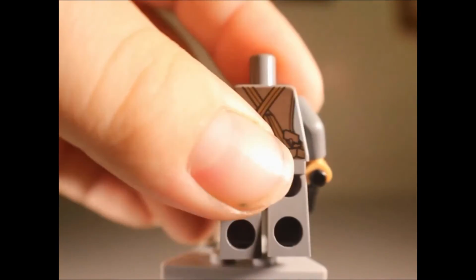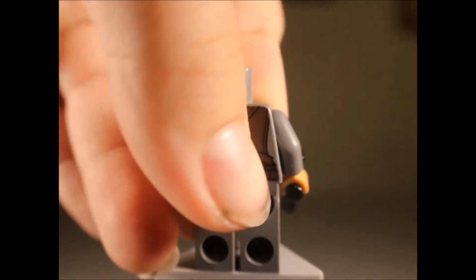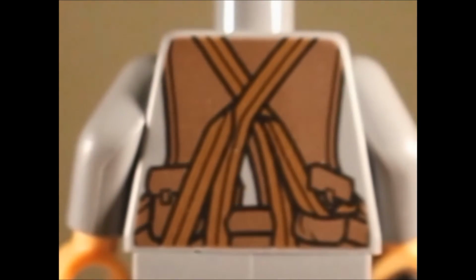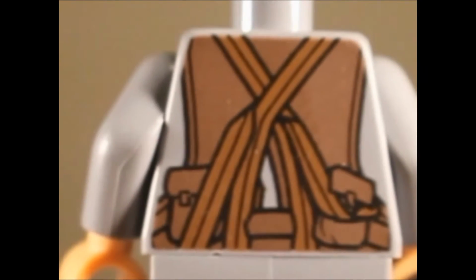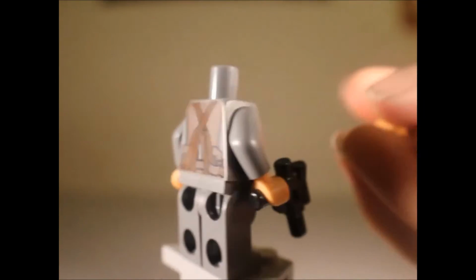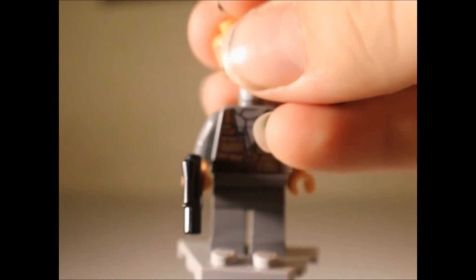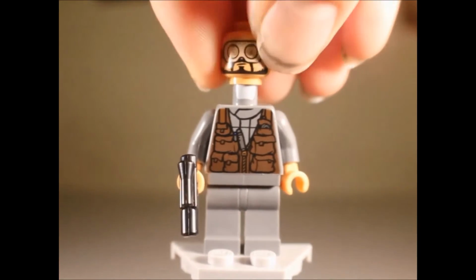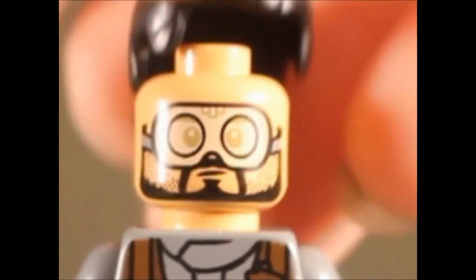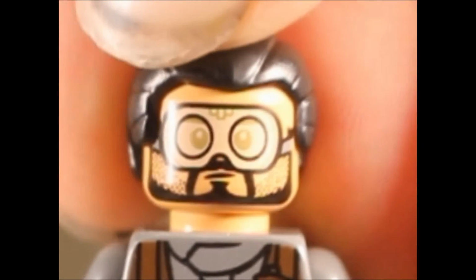Now to the back printing of this minifigure. If the bag is already taken off, it looks great. Again, those pockets and ropes, and a bit more of the gray and brown, looks really nice. I really like it that Rogue One minifigures have huge detail, something that other minifigures in the past didn't really have. And he does come with an alternative face, which is this sort of